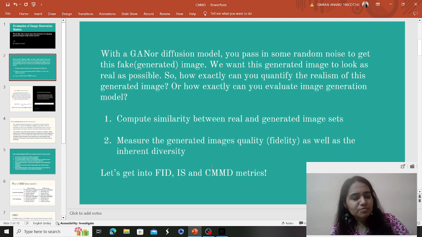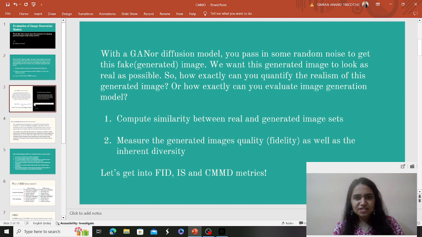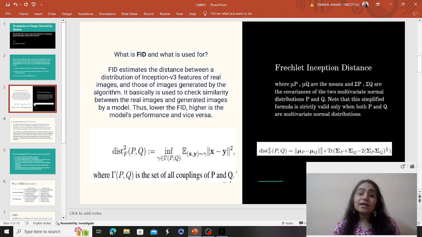So what are feature distributions? You can do pixel distribution also, you might think, right? When I ask you to compare two images, how are you comparing them? You might compare them on a pixel level, or you might compare them on a feature level. Pixel level means comparing each and every pixel, because the image has thousands and thousands of pixels. If you're comparing the distance between each and every pixel of the generated image and the real image, it's not a reliable metric. It's also computationally intensive, and it is not a reliable metric.